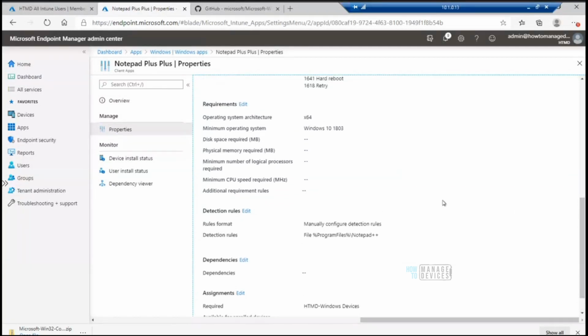So probably you are asking about more complex kinds of scenarios. Probably you should use some requirements, right? You should use some requirement script to do that. I don't know exactly. I have not faced or tested that kind of scenario. But there is no default setting which we can configure in the Intune portal.